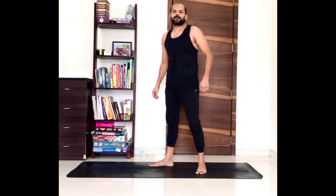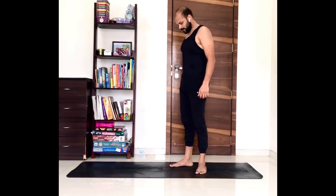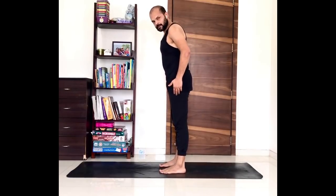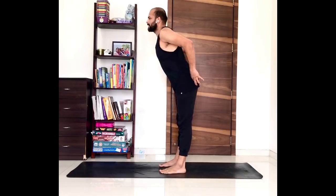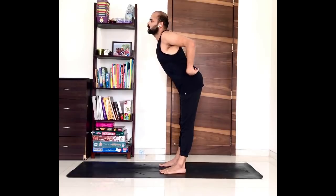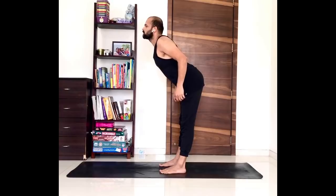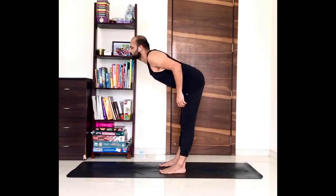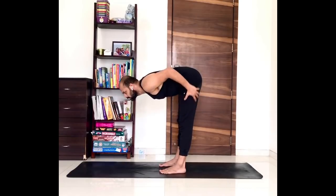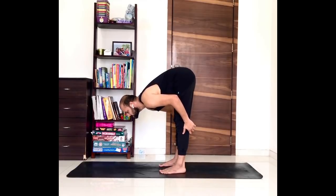Now, let us do forward bend or Padangusthasana. Legs hips width apart, hips back, chest arched, and without losing this connection. So imagine your shoulders want to touch your hips. Without losing this connection, start going down as much as you can. Kneecaps up, thighs engaged and active. And whenever you think that your range is stopped,